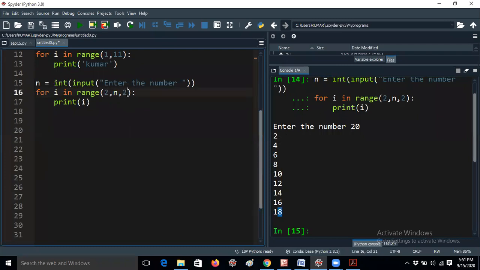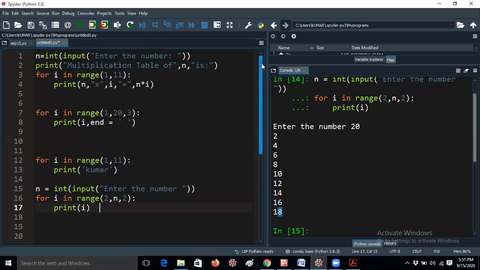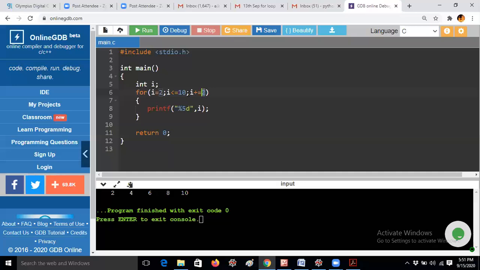Here I'm giving 2 only. Whenever I'm giving 1, it will skip one number, so then it gives the next number. If I'm giving 2 here, but I have given 3, I changed that. So 1 plus 2 means 3. That's the reason I explained that i plus equal to 2 means this. This is just an example I'm telling.